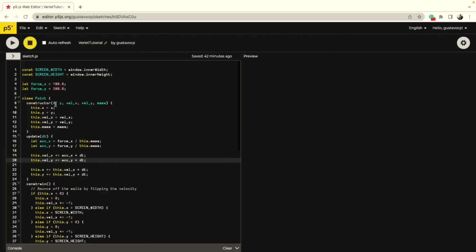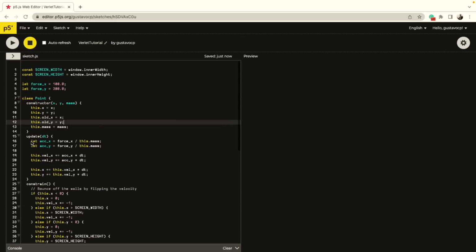And the first thing I want to do is, do you remember how our point was storing the velocity x and y besides the position? That is not what we're going to do anymore. I'm going to replace this by having the current position x and y and the old position x and y. This is what we're going to store for this particle, for this object. X and y position and the old x and y position, besides the mass, of course. I'm just choosing to initialize the old position as the current position whenever we are creating our particles, our objects,